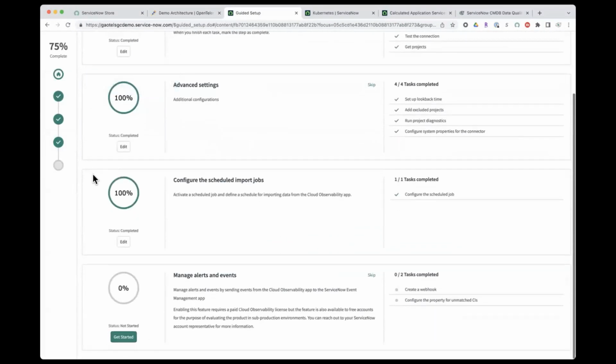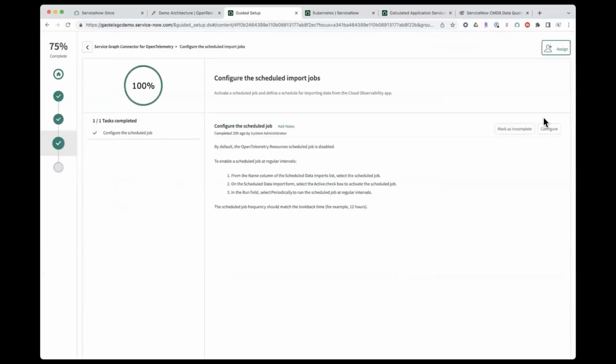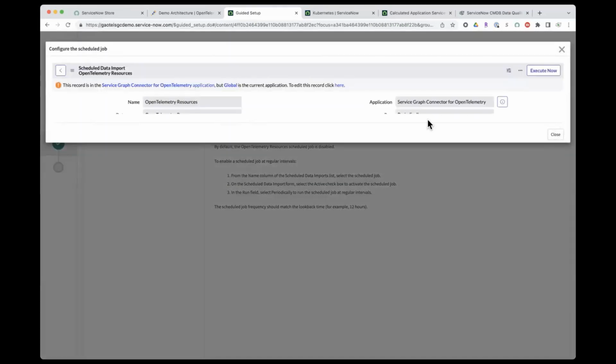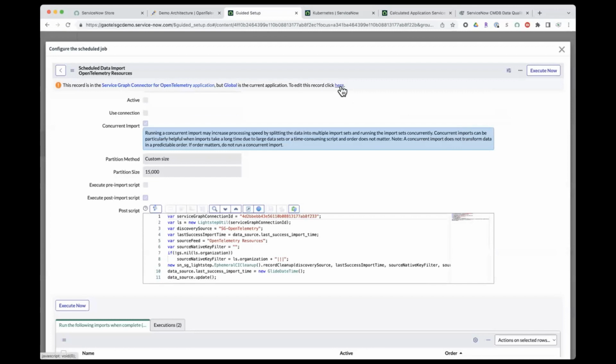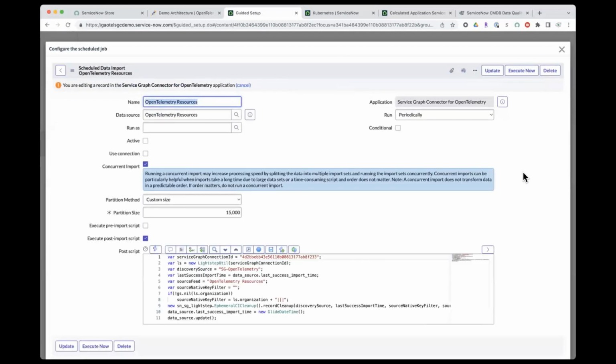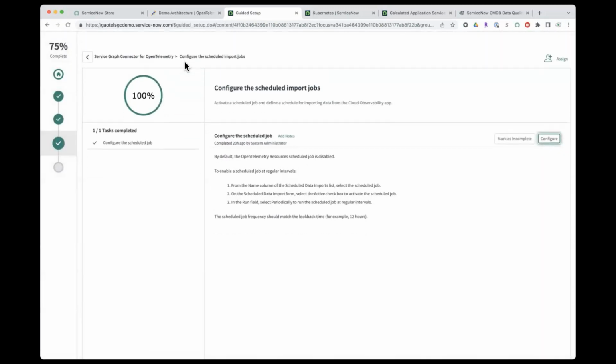There's a few more steps here. The real major piece is when you want to actually configure it to run. If I go here, and again, this is nothing new with any Service Graph Connector. This is the same flow. You specify the frequency here, and then you click Execute Now. Now, once you do that,